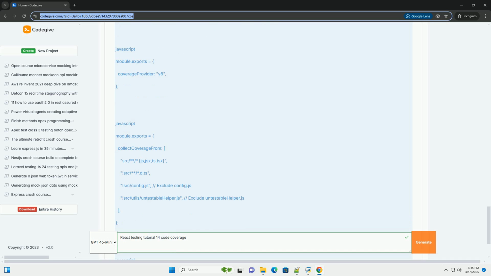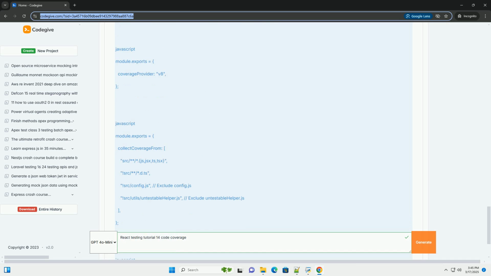Alternatively, you can add a coverage configuration option in your package.json or jest.config.js file, or jest.config.ts. The collectCoverageFrom configuration: